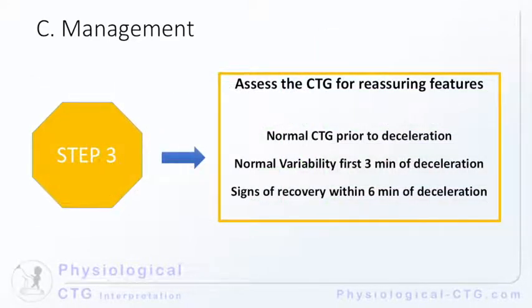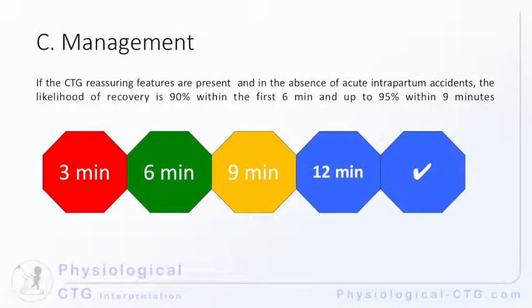Step 3 would be to look carefully at the CTG, identifying reassuring features. If the CTG is normal prior to this deceleration, and if you have normal variability within the 3 minutes of deceleration, it is likely that the baby will recover within the next 6 or 9 minutes. You probably heard about the rule